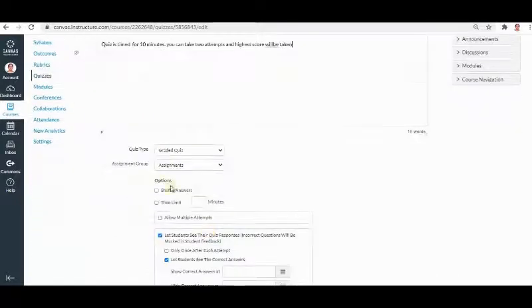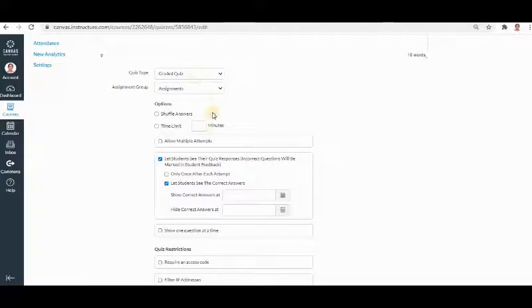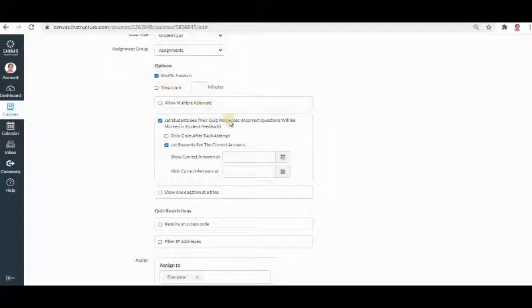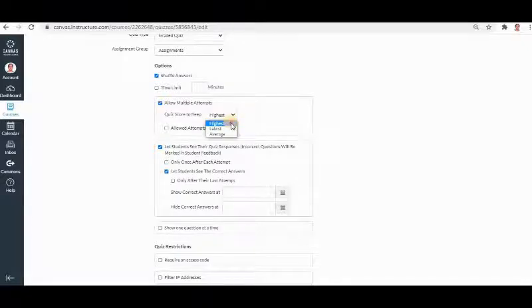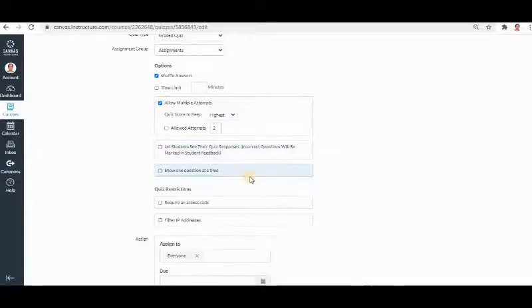Now this is a graded quiz and it will come in the assignments. If you want to shuffle answers, you can shuffle them. Allow multiple attempts, yes, the highest number of allowed attempts is 2, also possible. Latest and average is also possible. Now let the students see their quiz responses. Incorrect questions will be marked no. Show one question at a time.